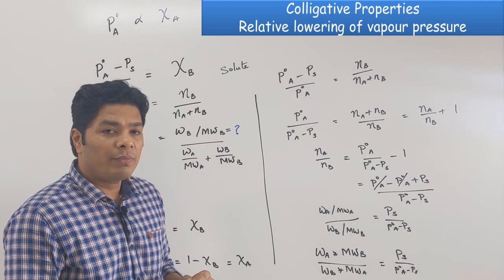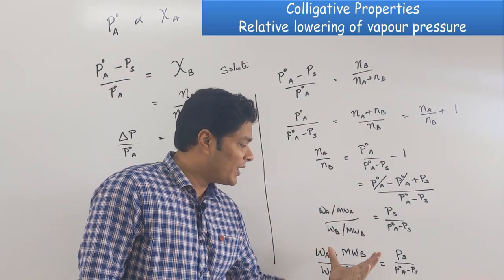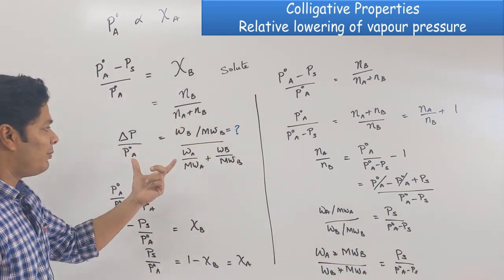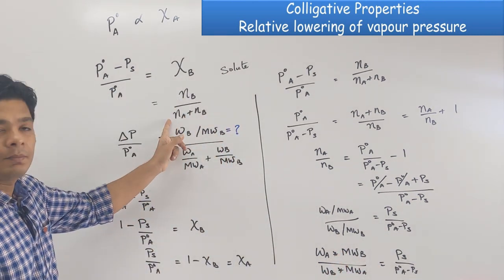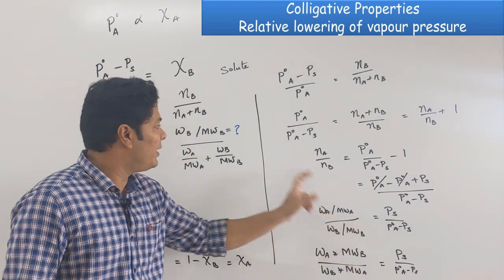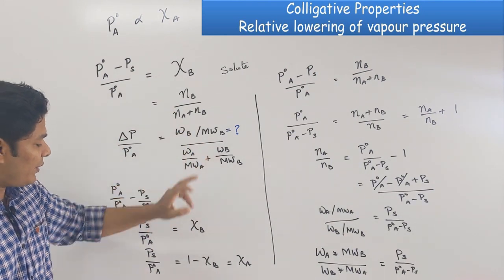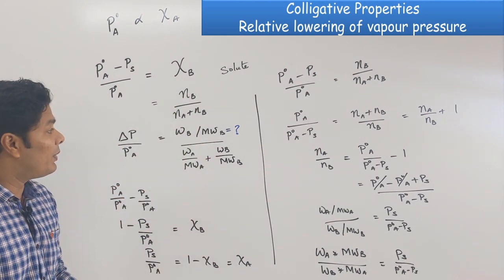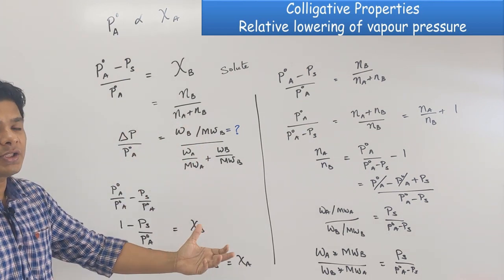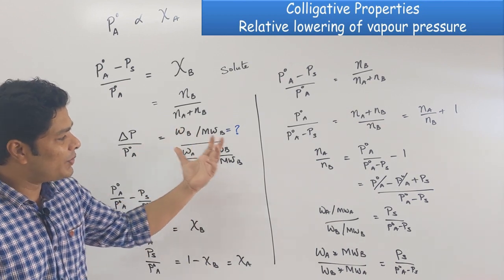Now the thing to be careful about is you don't memorize any of this. You don't memorize this formula. If you memorize it, you're bound to make a mistake. The best thing is just remember this. This is enough. If this is a question, if they ask you the molecular weight of B, you can do this really fast. If they ask you molecular weight of A, you can do this. What if they give you all this and ask you this? Memorizing too many formulas, you are bound to make memory mistakes. So try not to memorize it. This is just really fast.